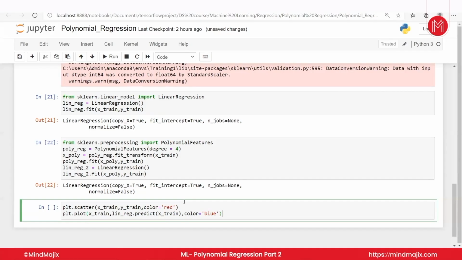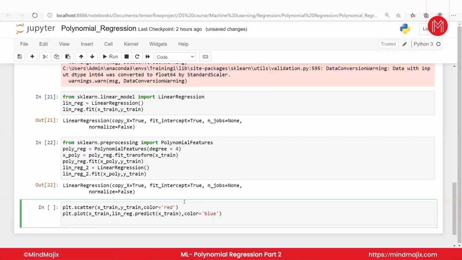After doing this one, the next thing is to provide the title, the X label and the Y label. I'm not providing those things. That is your homework. Whenever you do the same thing, you can create the title. So here I just mention a comment: create a title, X label